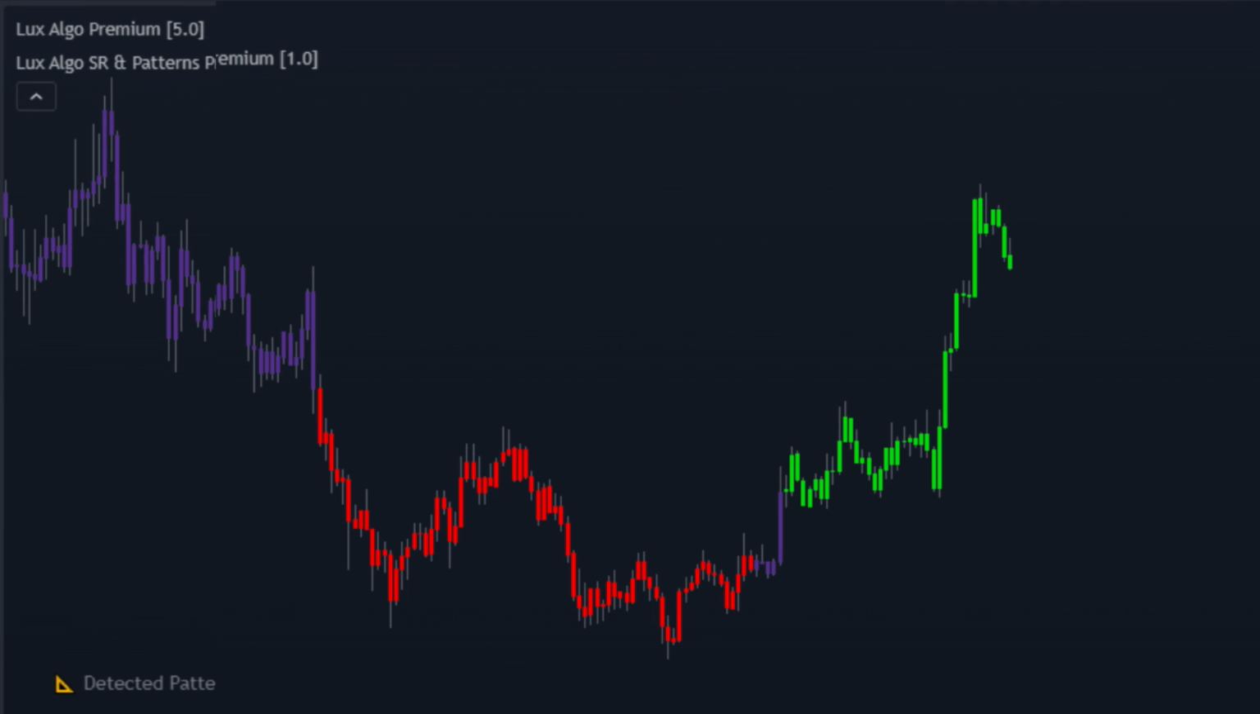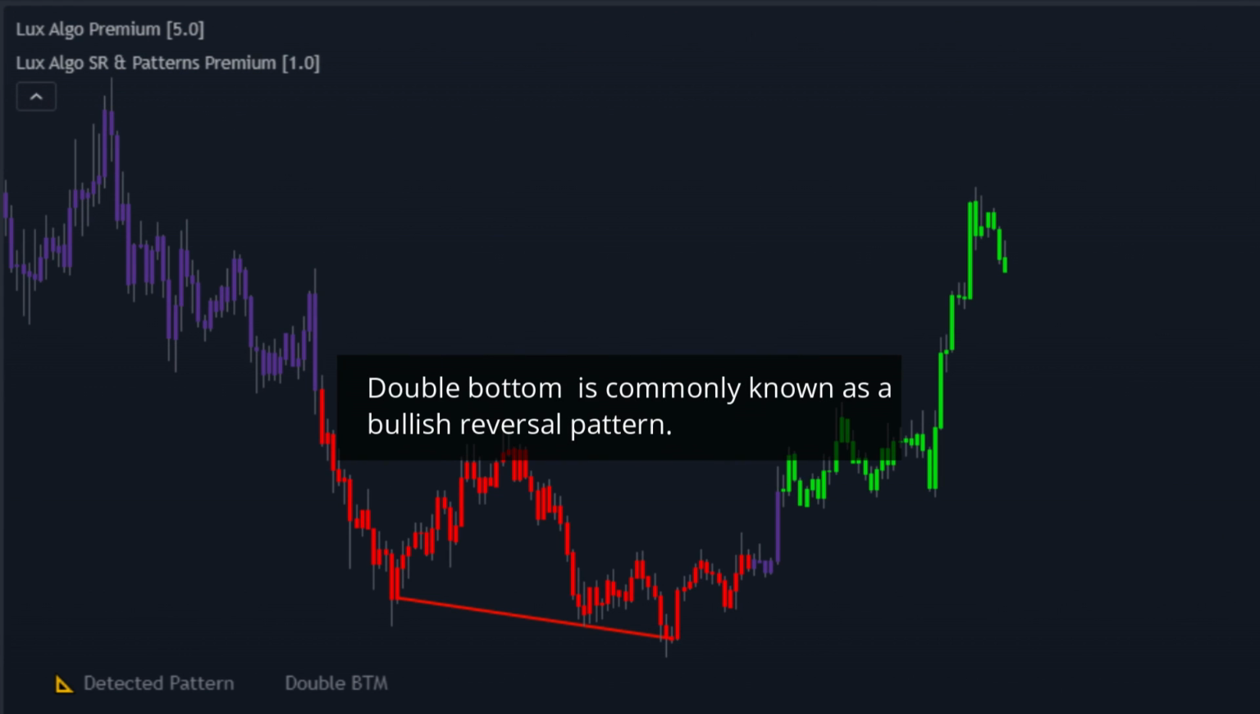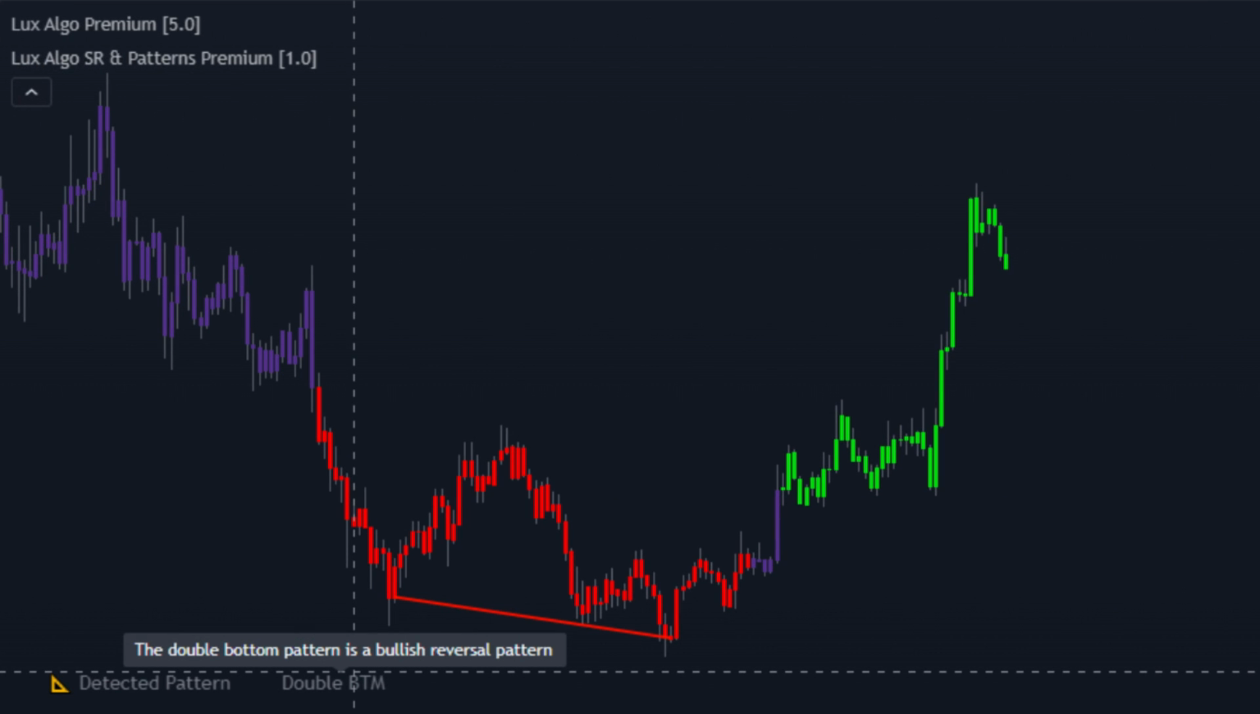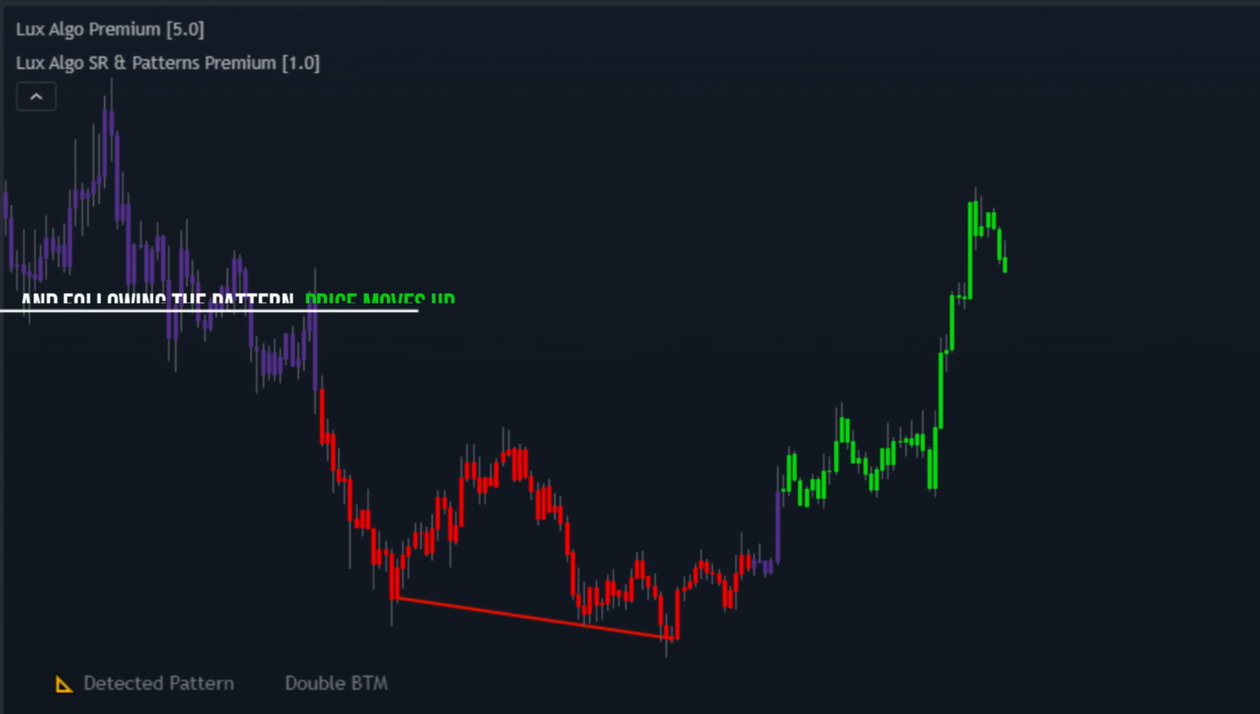A double bottom is detected here. The double bottom is commonly known as a bullish reversal pattern, as the description explains. And following the pattern,